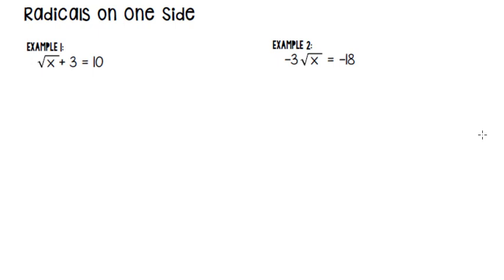And again, in addition to isolating the variable, we want to isolate the radical, because the variable is going to be underneath the radical. So really, we want to think first about isolating the radical, then isolating the variable. But